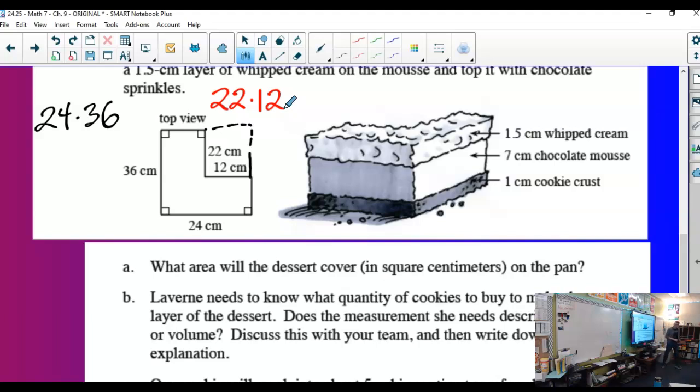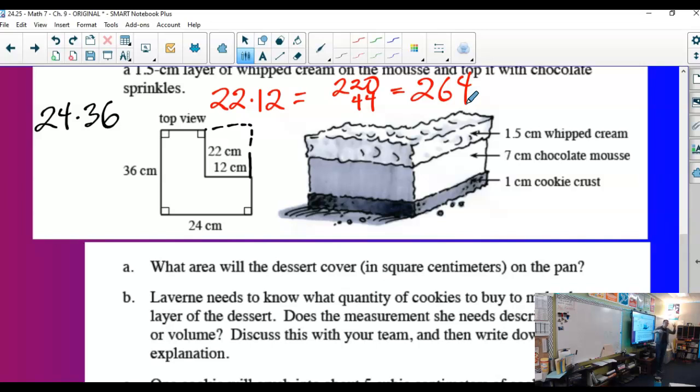You want to find the area of that, and then find the area of the whole. Did you find the area of this? No, I did not. What's 22 times 10? Get your fingers off your calculators. 22 times 10. 220. 22 times 2. 44. So together, 264. Okay, keep talking. And then you want to multiply 36